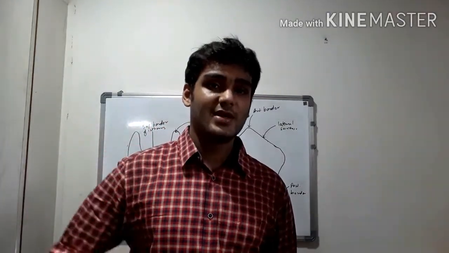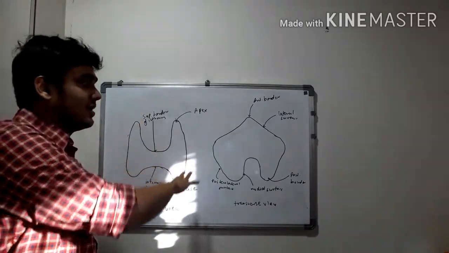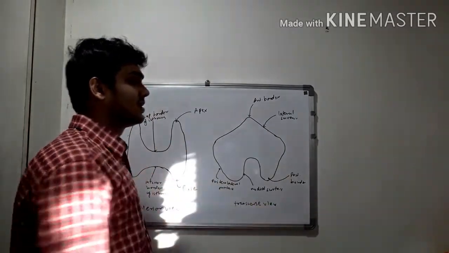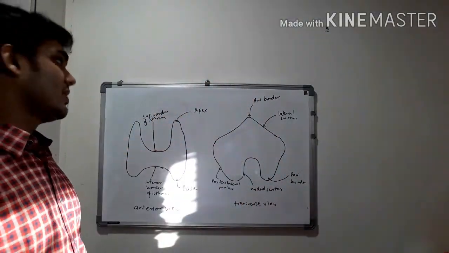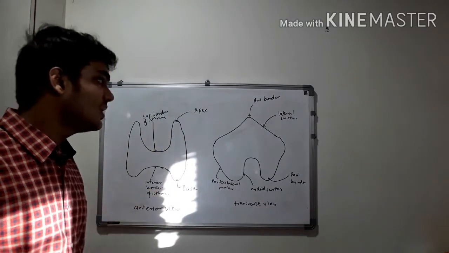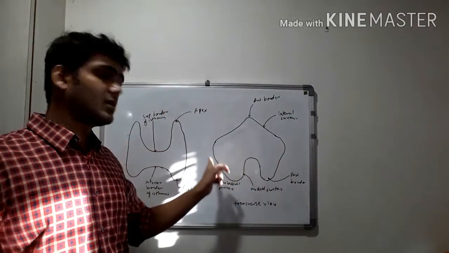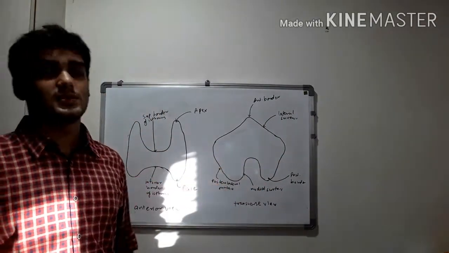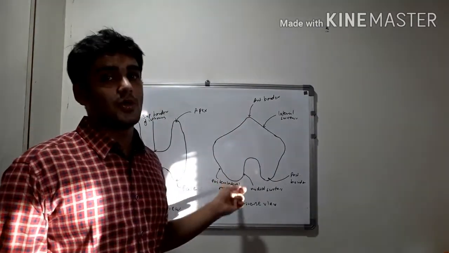So now we shall talk about various parts of the thyroid gland. This is the anterior view of the thyroid gland, and this is the transverse view, meaning the neck has been cut like this, and the transverse view is this. Each lateral lobe has an apex, a base, three surfaces: the lateral surface, the posterolateral surface, and the medial surface, and two borders: the anterior border and the posterior border.